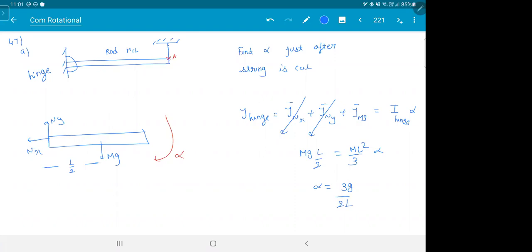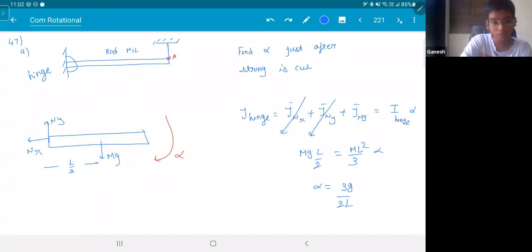Now see, you should know how to calculate torque, you should know how to calculate I. Put it on. Have a look at this. Any step you didn't get, ask. If you want to find Ny and Nx now, you have to write the force equation and all. We will do that later, not today. That will be slightly more complex. We'll do it next class. But for now, I want you to know how to calculate alpha. This is what I was saying. You should know how to calculate torque and I.